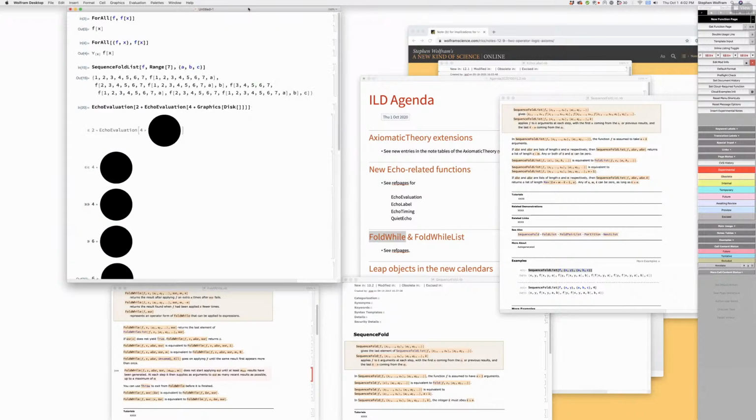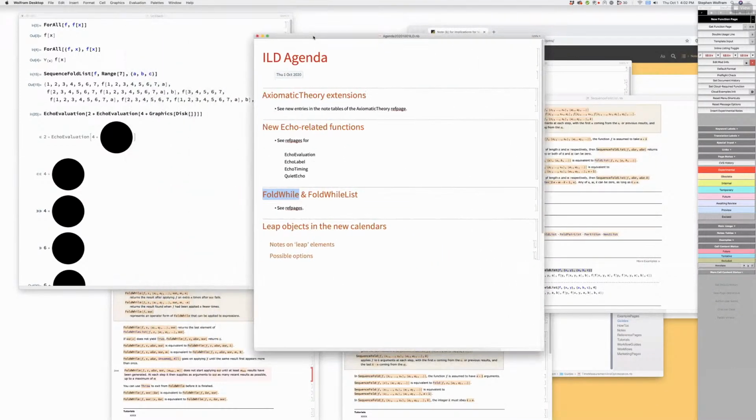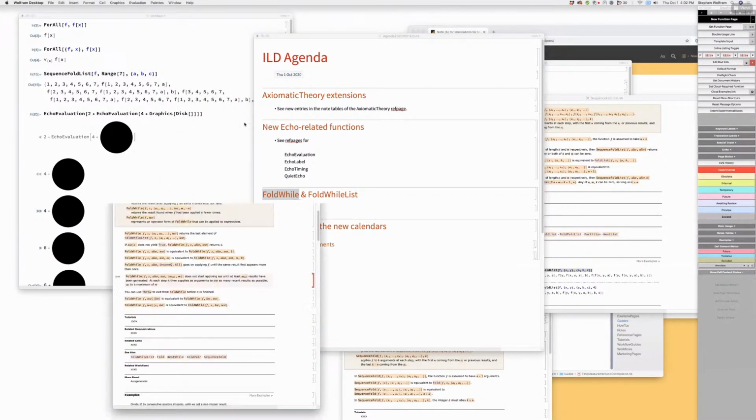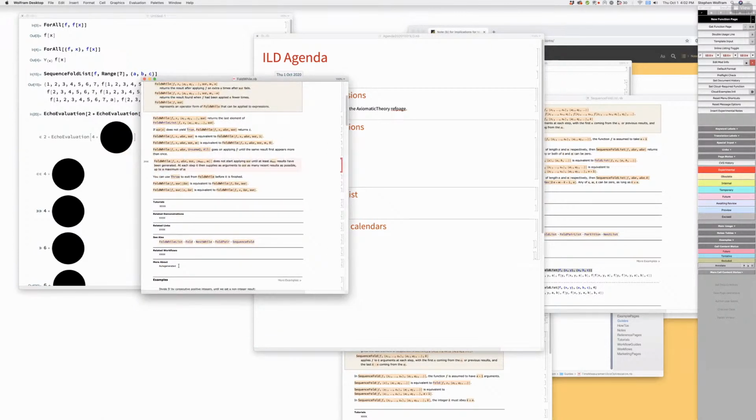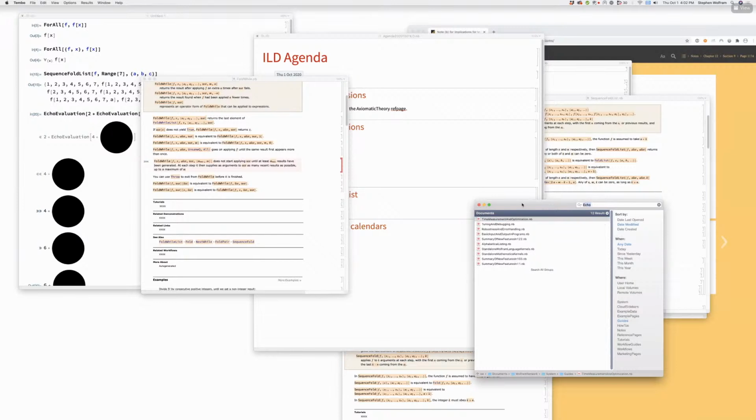Okay, I'm gonna have to go soon. Let me just see how we're doing on the meeting agenda. Okay, FoldWhile list. Did we knit those? Do we know how they're knitting? There are two natural guide pages. One is called functional programming. The other is functional iteration. That's a bit disappointing that we have summary. Oh, in 12.2. Wait a minute. FoldWhile. Oh yeah, that's because it's new. Right.